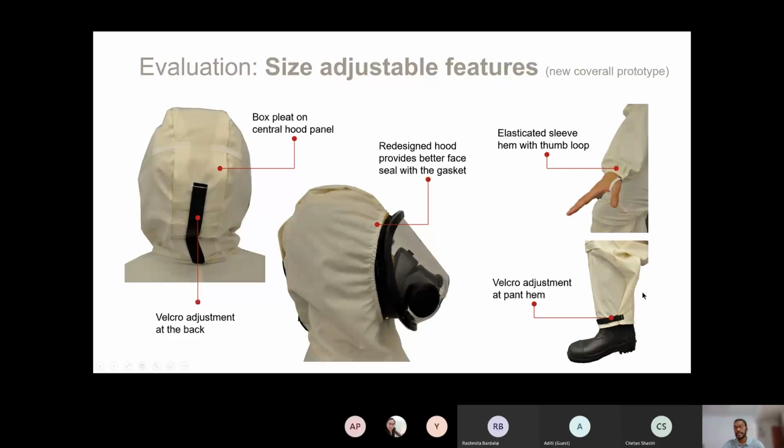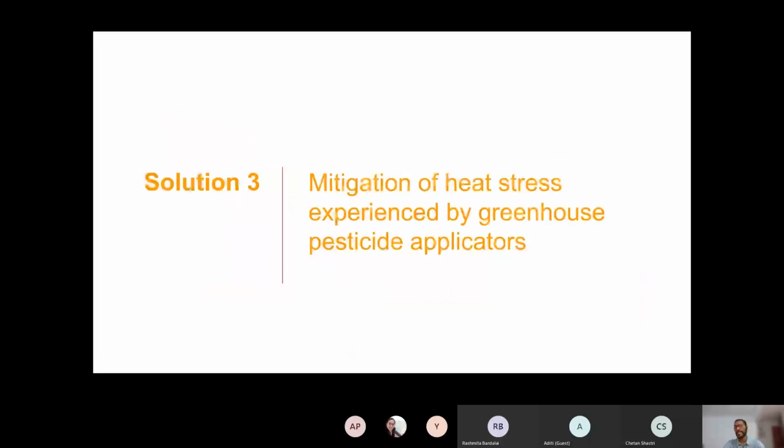Whenever there was extension of the arms or the legs, or flexion or extension of the neck, this seal was not broken, which offered pesticide applicators better protection while they were working in a contaminated environment. So that brings us to the third area of my study, where heat stress is a big issue with